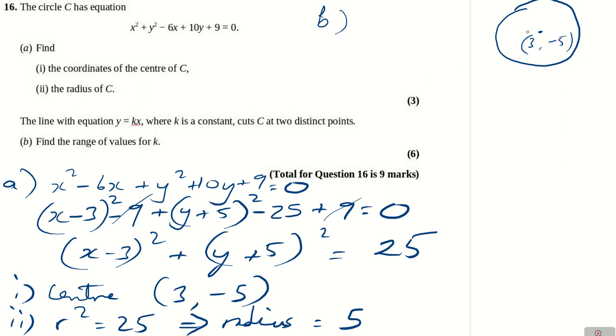Now that line, depending on whether k is positive or negative, is going to either slope up to the right or slope down to the right, but it says it cuts the circle at 2 distinct points. So in other words, the line might go like that, or like that, or like that. If they all come from the origin though, don't they, because y equals kx, so they've all got to go through the point (0, 0). I've drawn those wrong because 0 is obviously going to be up there rather than down there, but